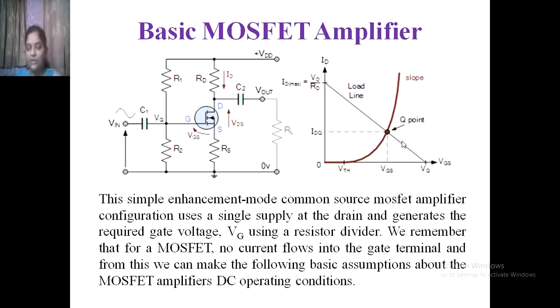The MOSFET has two applications: it will work as a switch as well as an amplifier. When we use the MOSFET as an amplifier in the saturation region, it works as an amplifier. But in the saturation region we have to set the Q point, and only then will it give you stable operation. Stable operation means that due to the input side, there is no fluctuation at the output side.